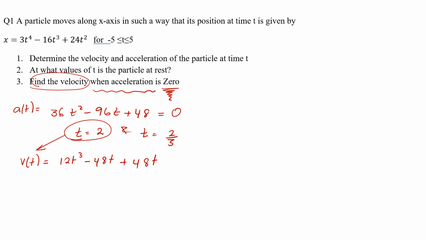When t equals 2 by 3, find the velocity. So you have to find the velocity when acceleration is 0. It means at t equals 2, find the velocity, and at t equals 2 by 3, find the velocity. Wherever you have the t, you are going to replace it by 2 one time,